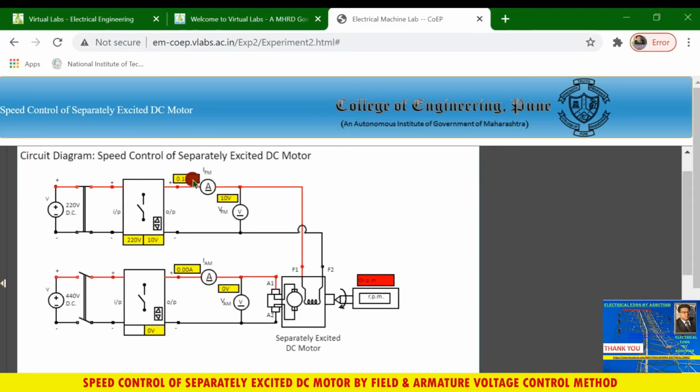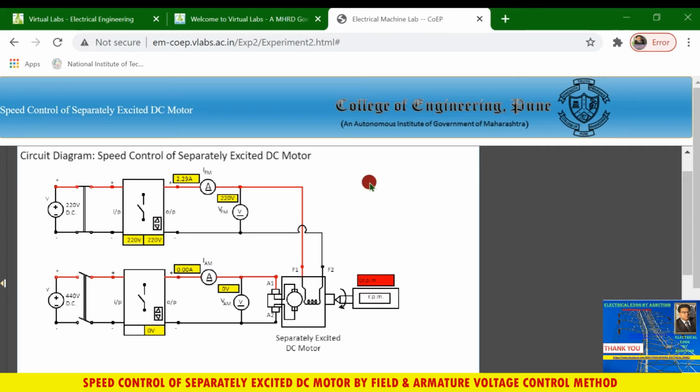You will notice the current reading appears here, and the voltage reading appears here. Increase until it reaches the rated voltage. Now it becomes 100 volt, then increase again until 220 volt is reached, and this is the rated voltage.